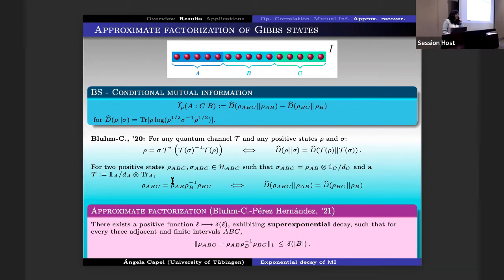So what we do here is actually, we prove that you can reconstruct a Gibbs state in ABC by its BS recovery condition. And now the price you have to pay is actually much smaller than in the other case. Now it's super exponential instead of sub-exponential. So that means that, okay, this is not exactly a recovery condition because in particular it's not self-adjoint, but still it gives you a lot of information on the Gibbs state. So maybe it's a new interesting tool that one can start to use in this context.